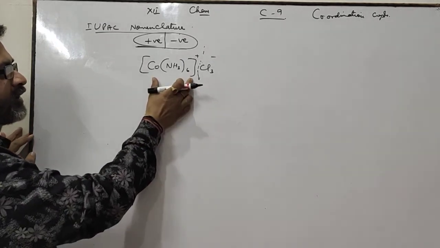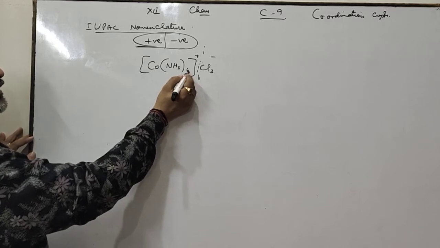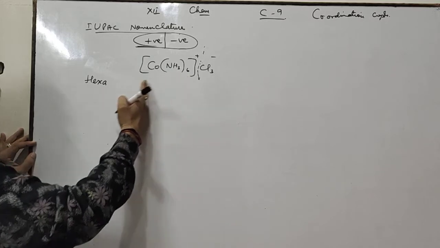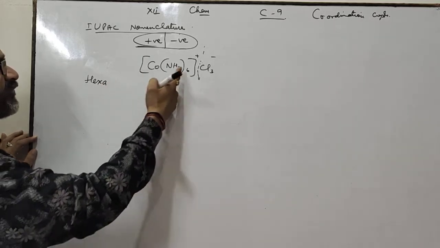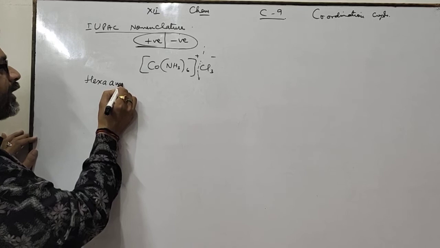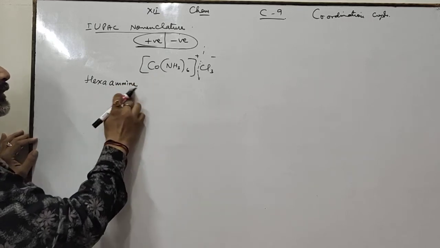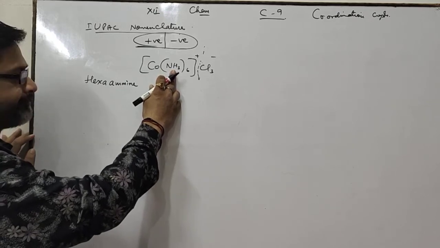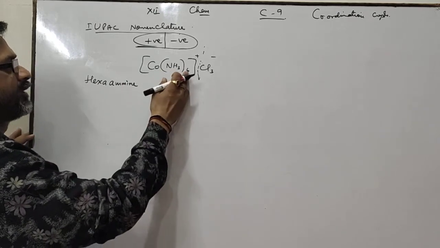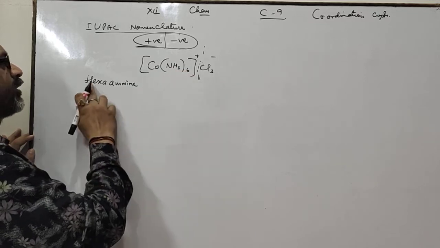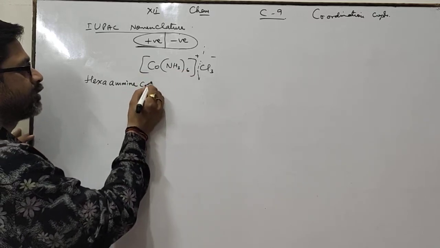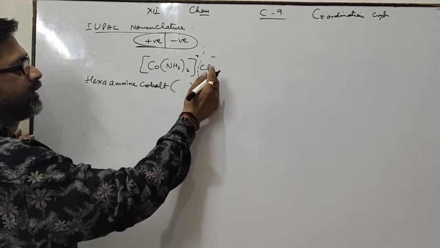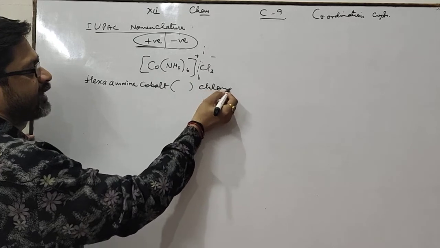To write the name of the coordination entity, first of all we write the name of the ligands. Here 6 ligands are present, hence you write the word hexa. Hexa for 6, NH3 is ammine. Ammine is the word used to write the IUPAC name of NH3. Hexaammine. This is the ligand and its number is 6, hence the name will be hexaammine. Then Co is cobalt. Then you write the oxidation number of this central metal, and at last we write the